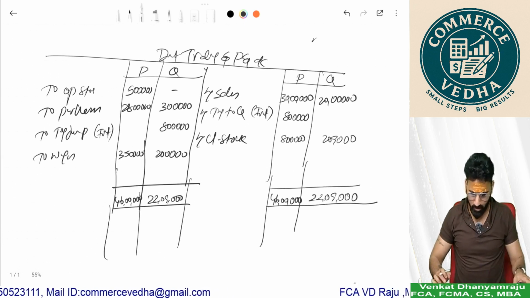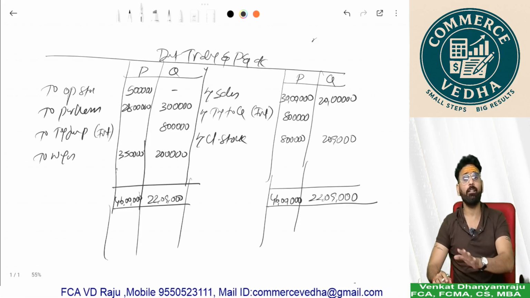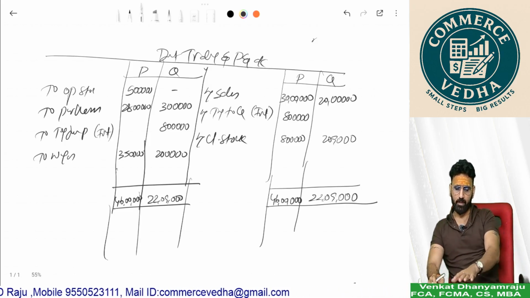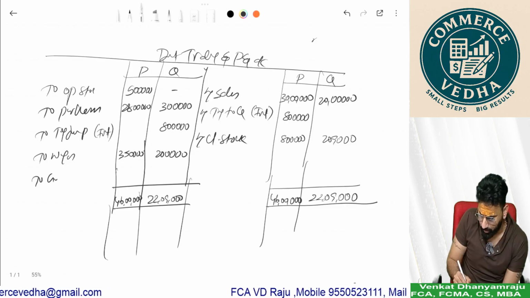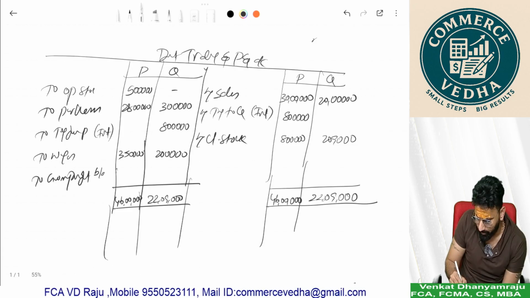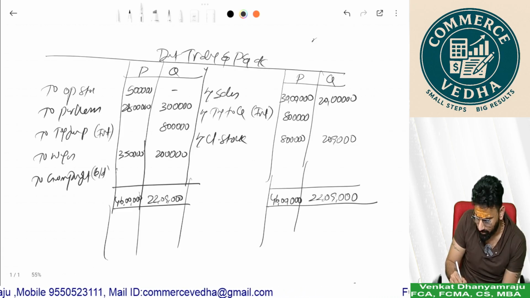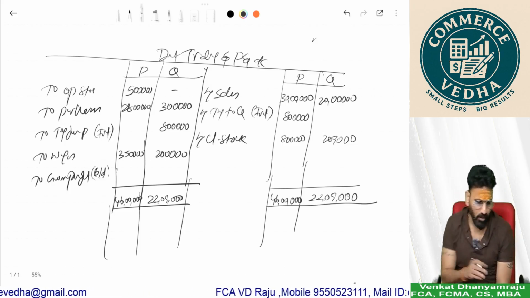Now what we should do is, here we posted all the items of the trading account. Now we should identify gross profit. Gross profit carried down. Now what is the gross profit carried down here? 22 lakhs 9,000